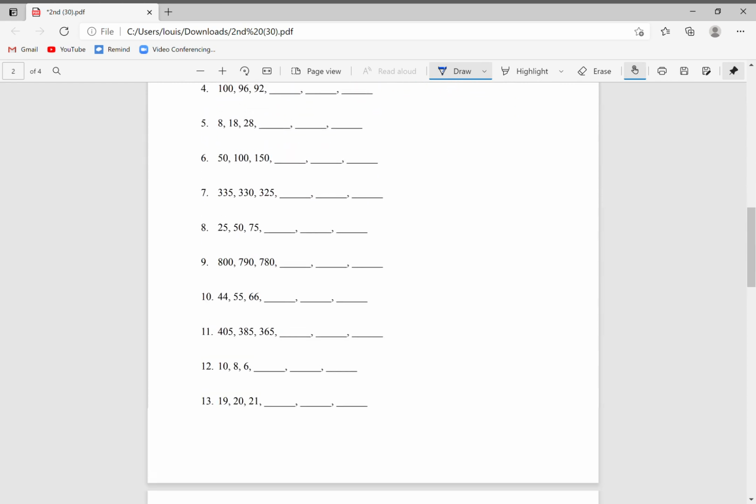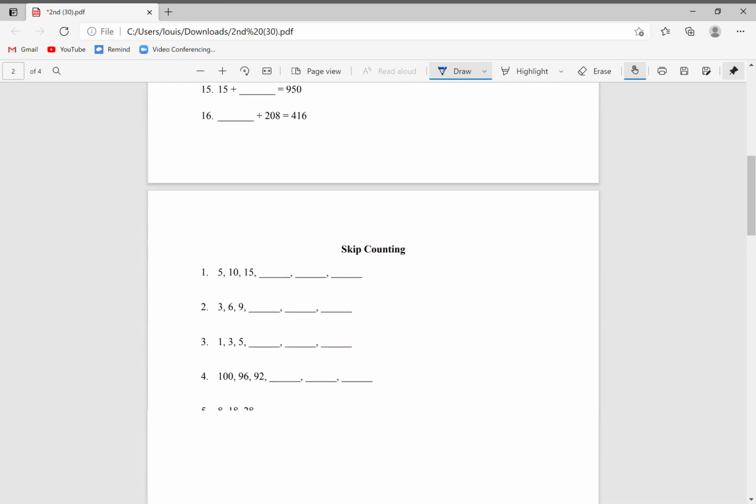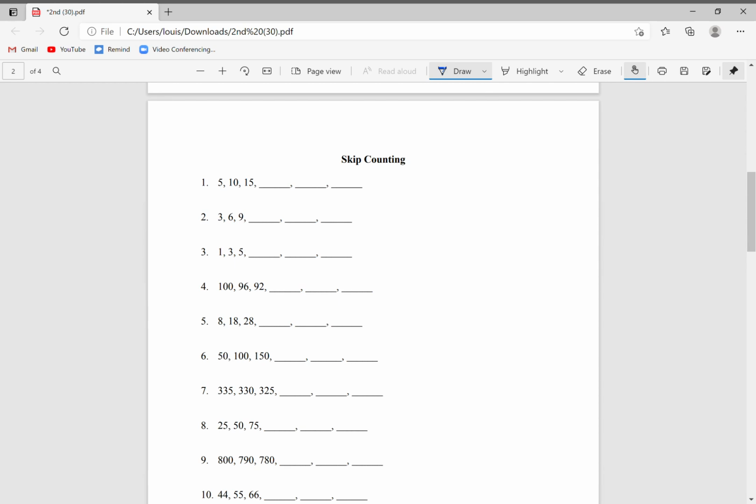Okay, we will move on to skip counting. Skip counting is essentially just finding the pattern in the string of numbers it gives you. So let's take a look at number 1. This is a very simple one to start off with, and it's very simple to see that it is actually adding by 5. So plus 5,